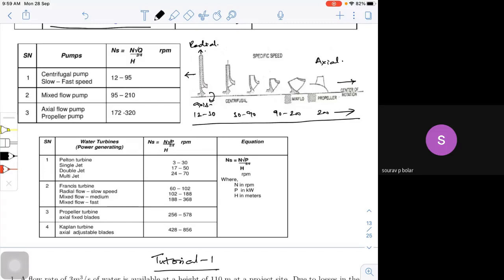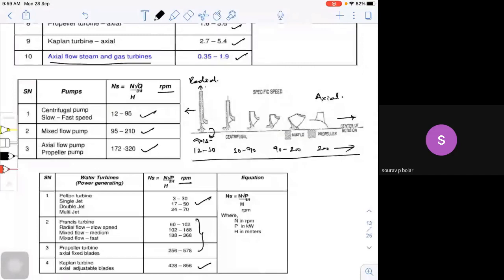Okay. Now, the same rule can be applied if I move from non-dimensional numbers to dimensional numbers. The only thing is the quantity will end up with a unit here, so it is either revolutions per minute or revolutions per second. Here also it goes from radial to axial, and in between I have a mix of radial and axial flow conditions. So this table clearly shows what type of turbo machines I'll be choosing.